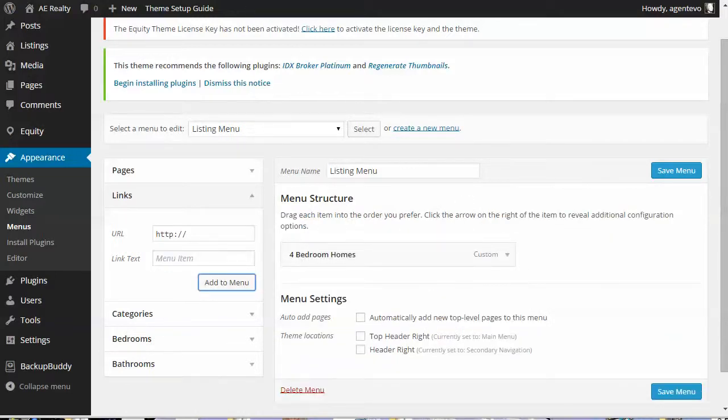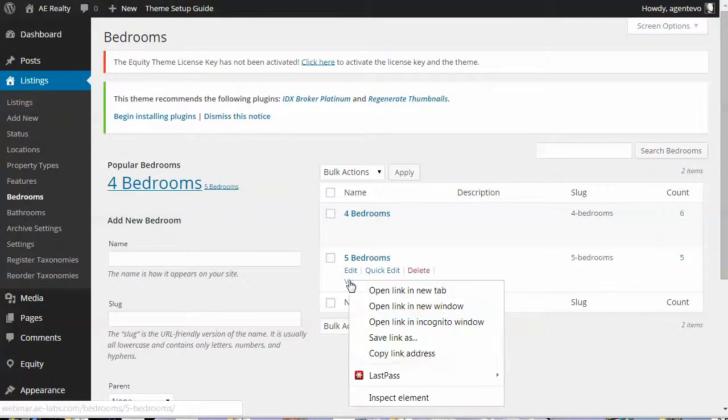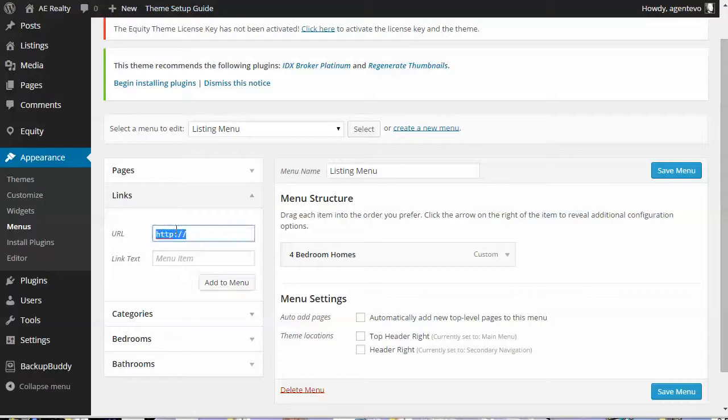Here we go. Now I'm going to go back and do the same thing with the 5 bedrooms. I'm going to copy this link for 5 bedrooms, go back to my menu, 5 bedroom